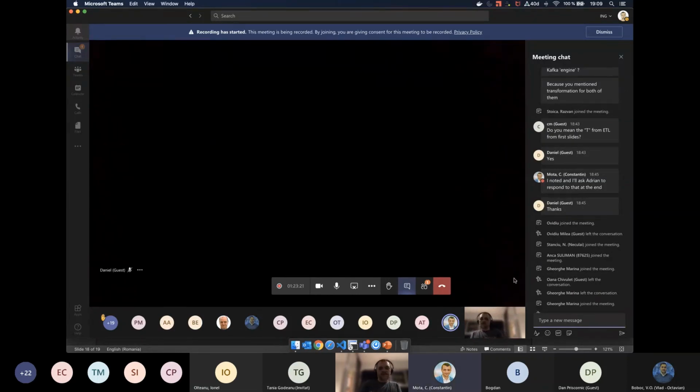Yeah, in that picture, I was trying to put Kafka Connect in an ETL context, where source connectors are doing the extract part, the sink connectors are doing the load, and that T was for the heavyweight transforms used by, let's say, a streaming engine like Kafka Streams.